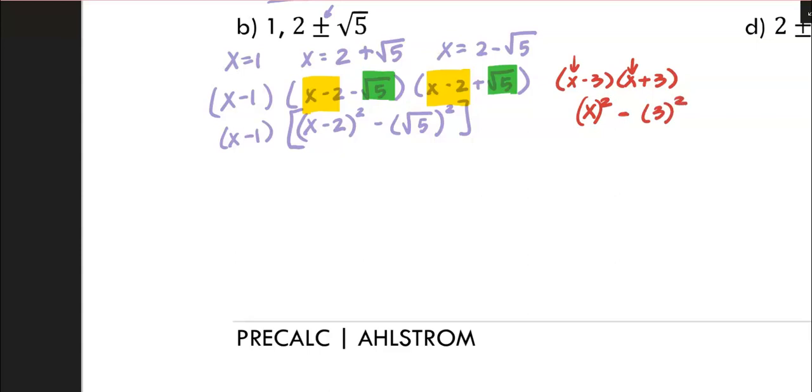That's where this comes from. If you realize that this is one term and that is another term, and group them in that way, then we can use the properties of difference of squares and create a